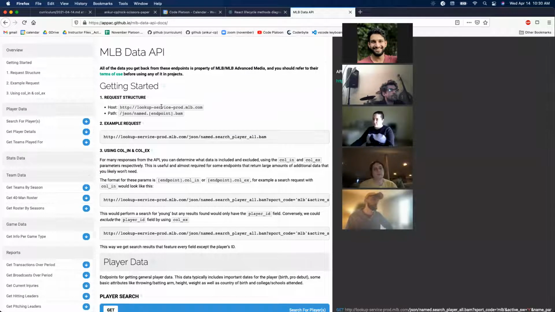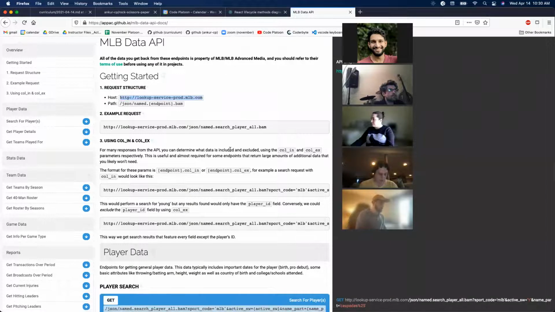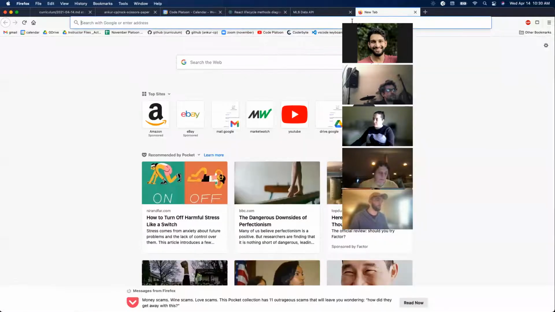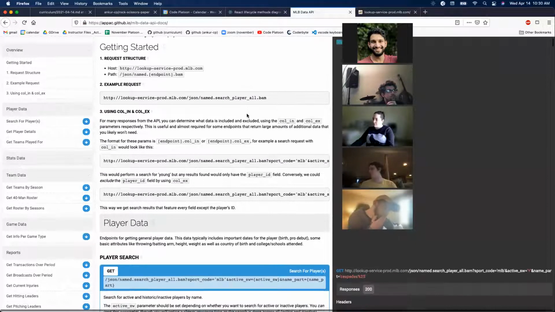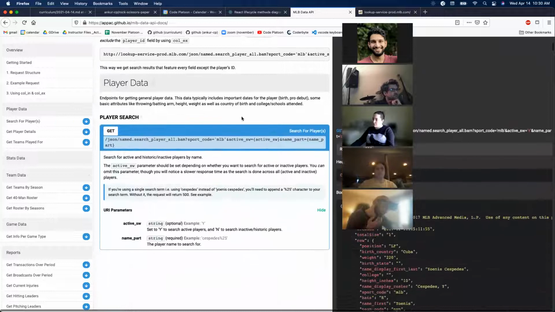APIs without documentation can be obviously really hard to use, but it looks like we can call this host and we should be able to get some data back from it. So I'm not sure what a .bam format is, so that might be something. But let's actually just go to this URL and see what we get in our browser. Lookup service, we need to probably provide some values. Player data, so